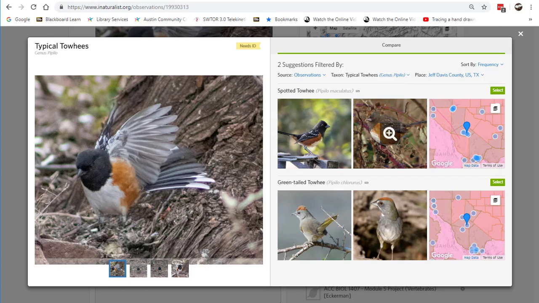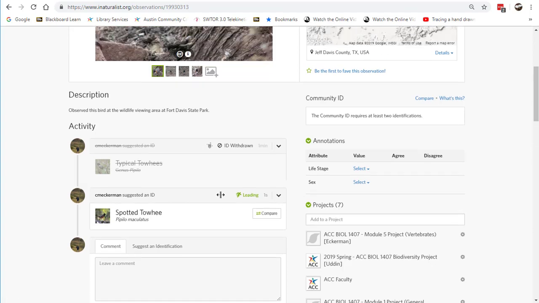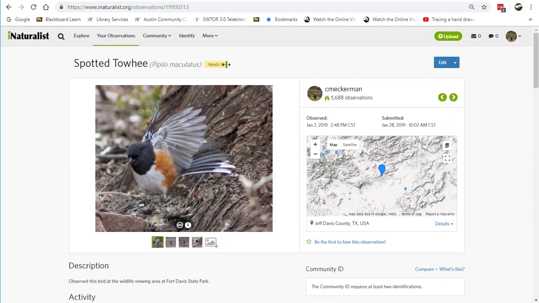So I might be feeling pretty confident in this, and I'm going to call this a spotted towhee. I'm pretty sure it is actually a spotted towhee. I can select that, and I'm going to do that. And now it's updated my observation to spotted towhee. Now, it is still what's considered a casual observation until someone else comes along and agrees. And at that point, this banner will turn green right here, and it'll say research grade,